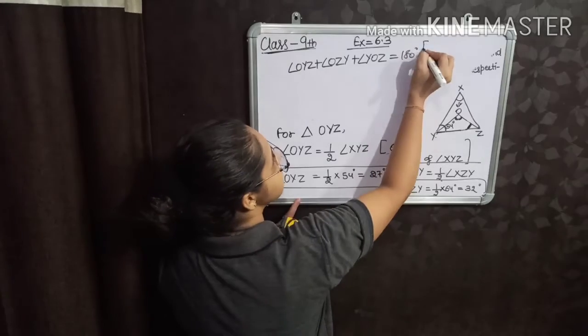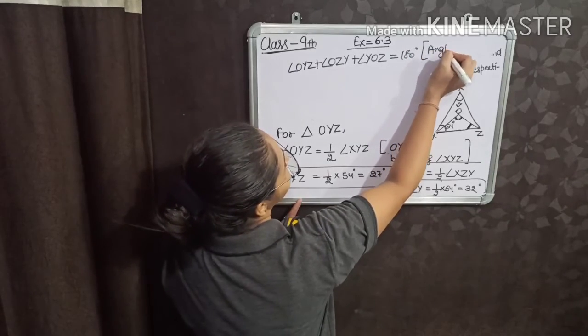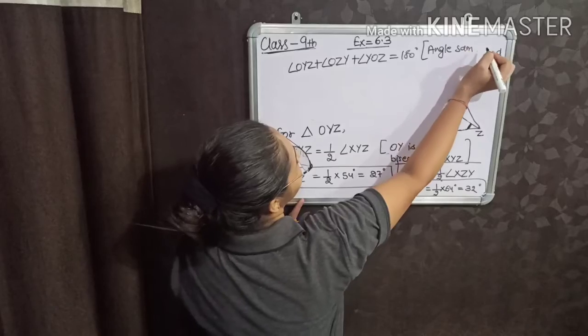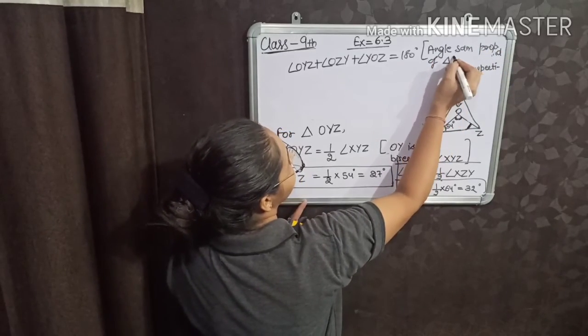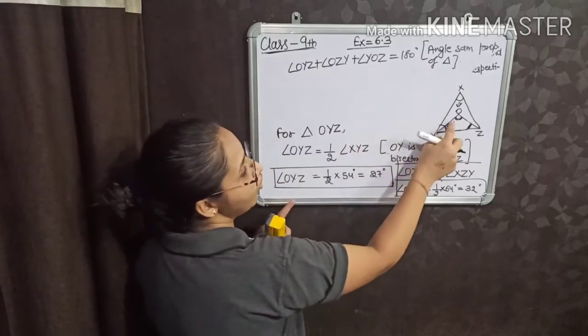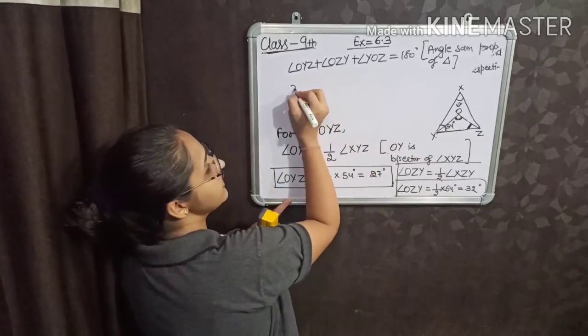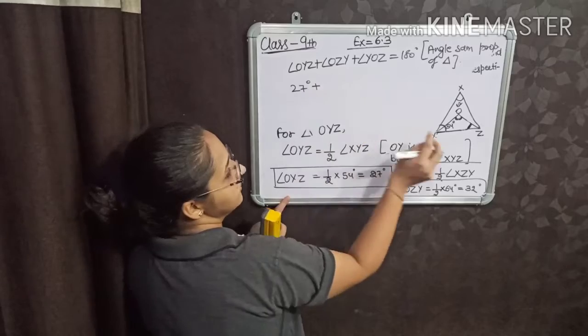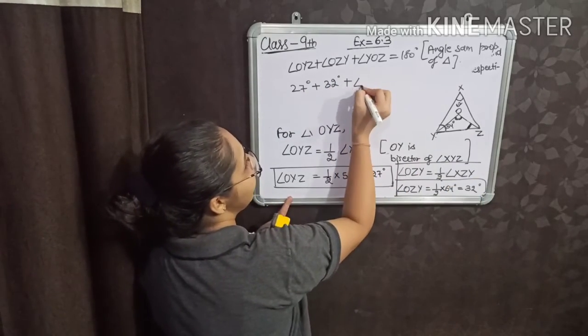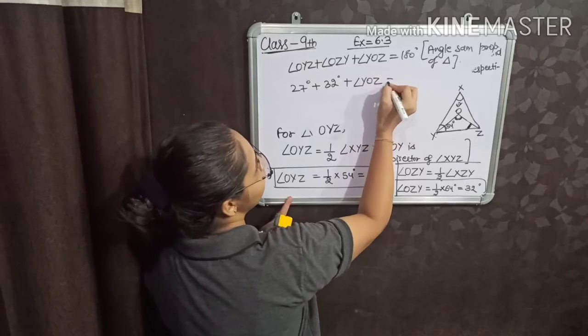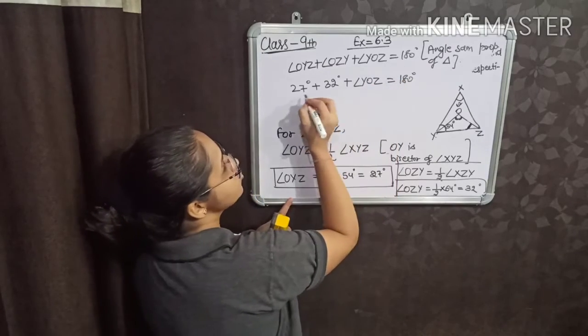Why? Because the reason is angle sum property of triangle. Okay. Now angle OYZ, this is 27 degrees, plus this angle is 32 degrees, plus angle YOZ is equal to 180 degrees. So it will give you